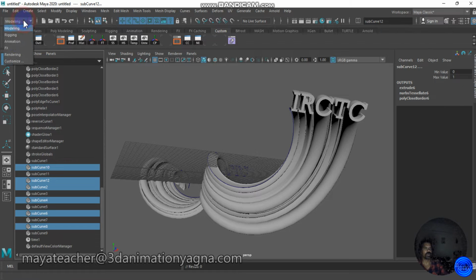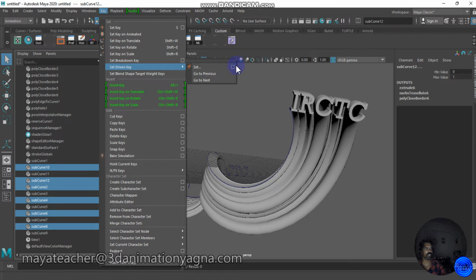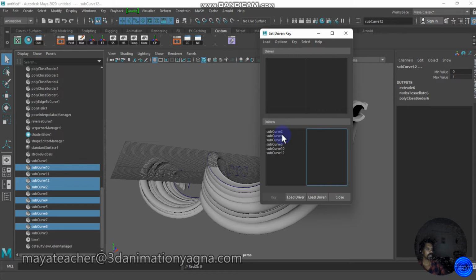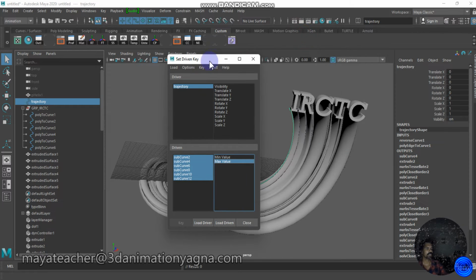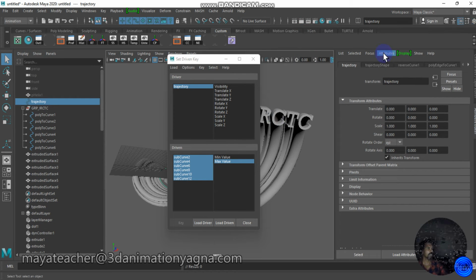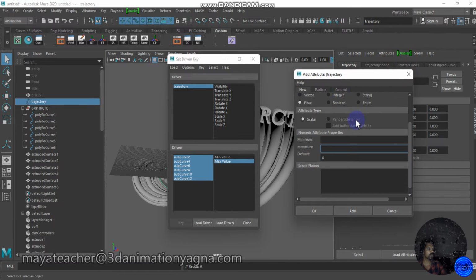Now go to animation module, key, set driven key, settings. Select the subcurves, select the max value. Now go to trajectory, load in the driver. We have to create an attribute for trajectory. In the attribute editor of trajectory, add attributes,